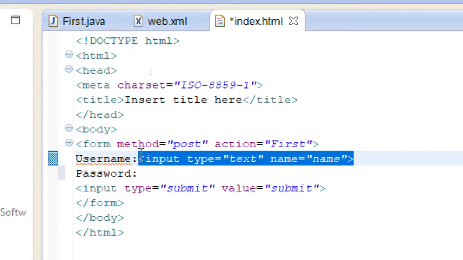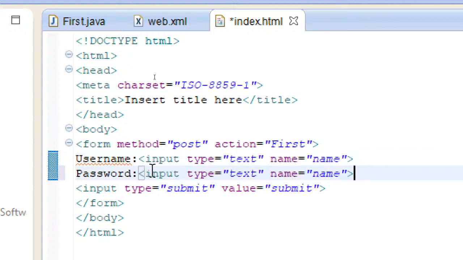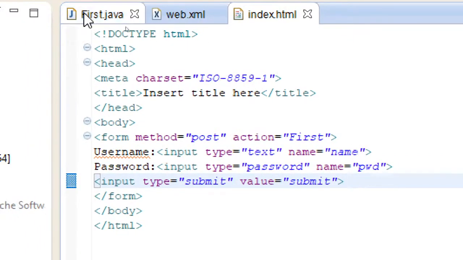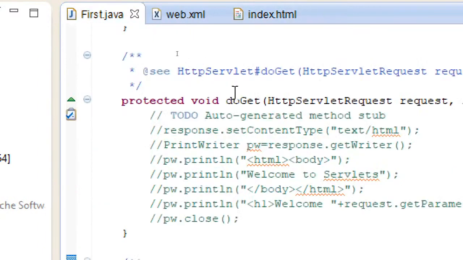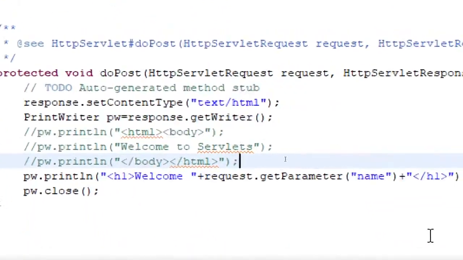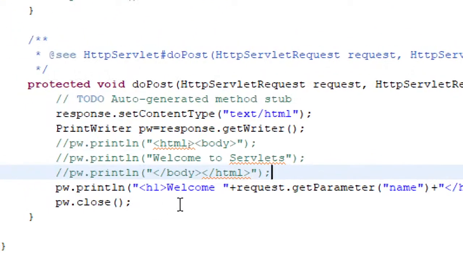So let me copy this and paste it here. And here I'll just change this to password. And then here the parameter name I'll use pwd. I think this form is sufficient. So I'm just trying to take this, and here first is there now in this doPost. So what we'll do is we will also